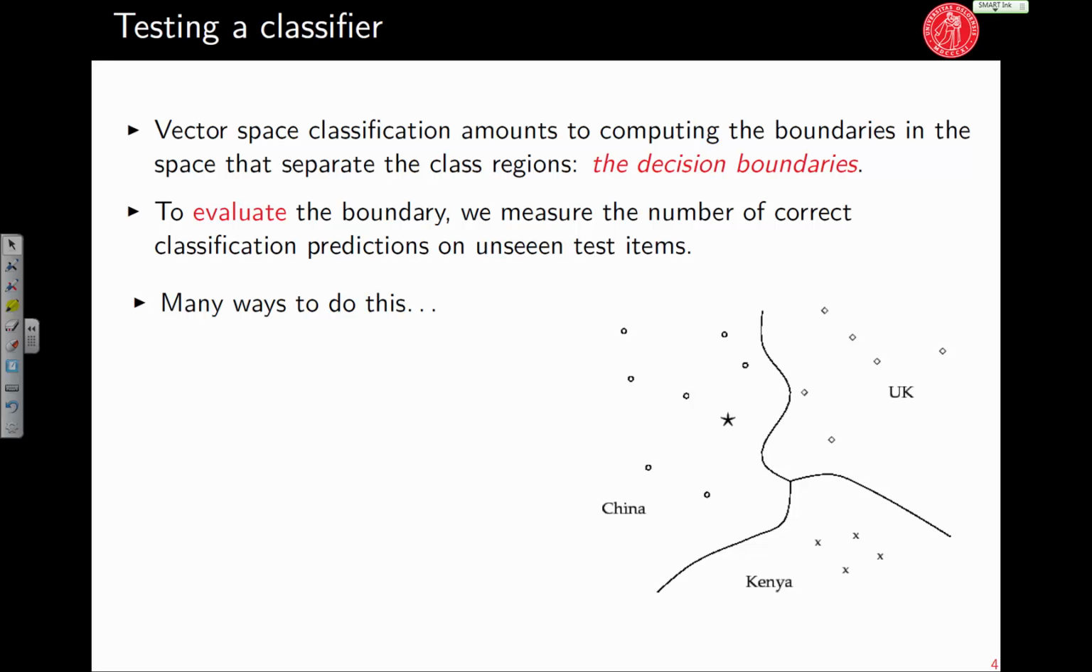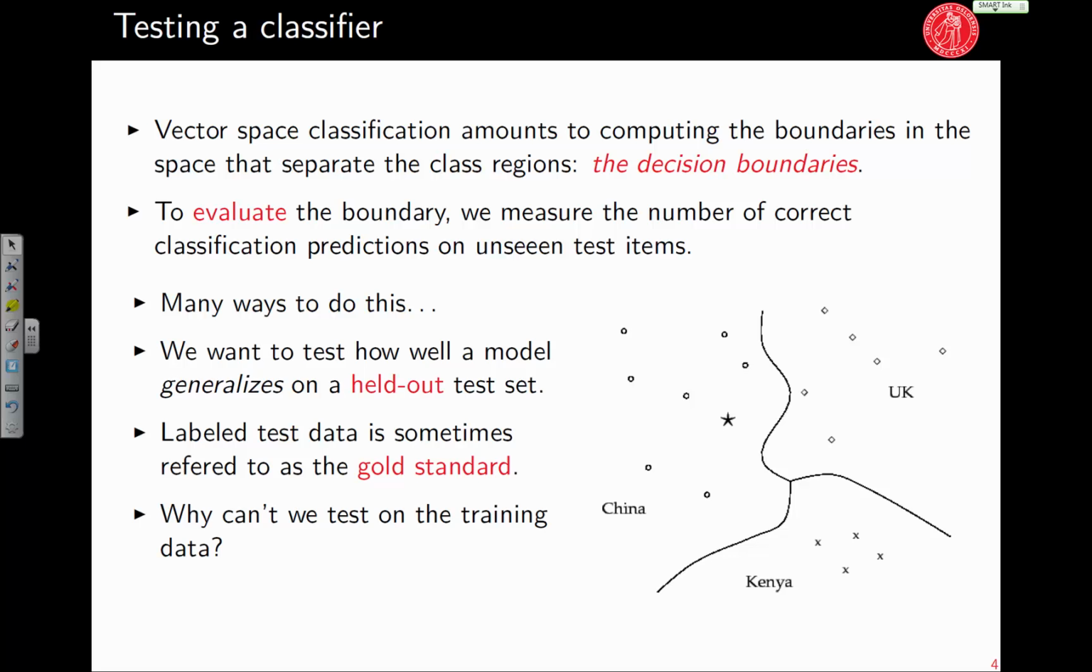You want an objective way to quantify how good a decision boundary is, and hence how good your classifier is, since we say that classification is basically drawing decision boundaries. Very intuitively, to evaluate the boundary, you could measure the number of correct classification predictions on unseen test items. You run your classifier on a test data set and count how many times it got the answer correctly. But there are actually many ways, as we will see, to count this number of correct predictions. But before that,